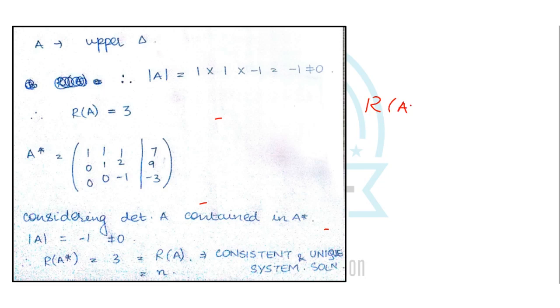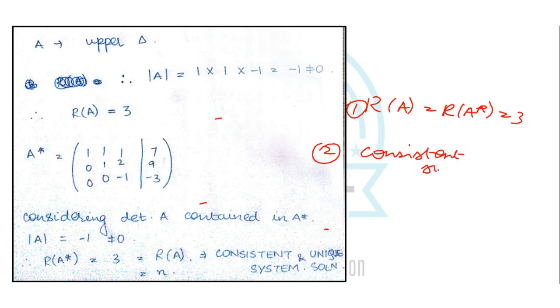Now that you've established that rank of A is equal to rank of A star is equal to 3, this is the first step of your answer. The second step involves making a conclusion on the type of system, which is in this case a consistent system because both the ranks are equal. And the third involves making a comment on this type of solution, which in this case is a unique solution